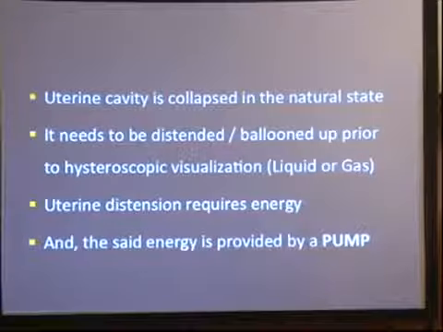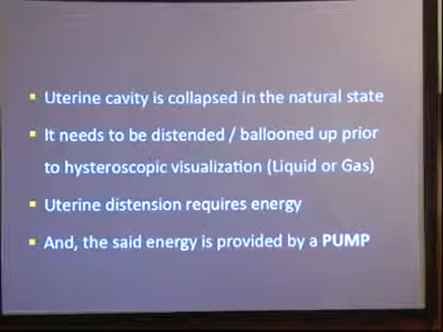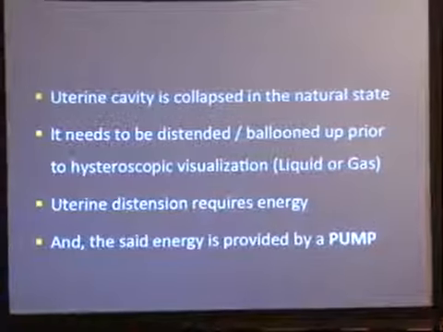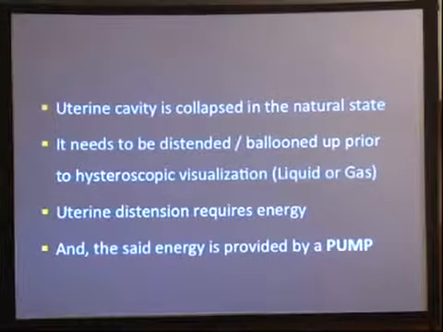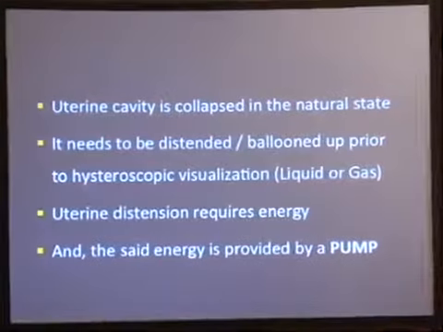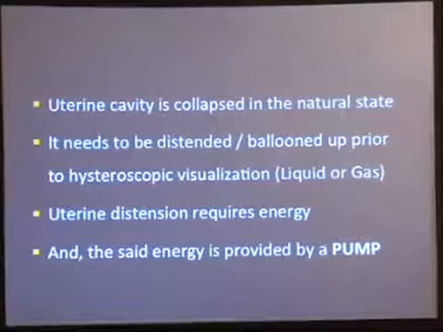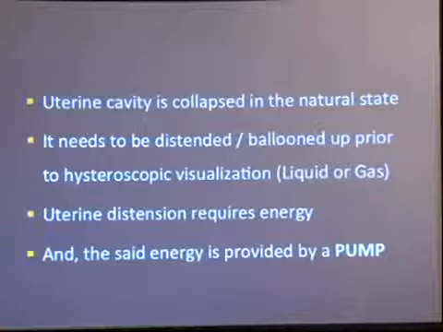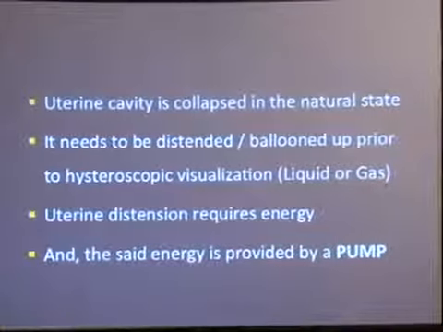Hysteroscopy unit, simply because the uterine cavity is a collapsed cavity. So if you're going to go inside a collapsed cavity, you're not going to get to see just about anything. No landmarks, nothing, just the two walls clamping onto the hysteroscope. So you essentially need to balloon it out in order to see. And how are you going to balloon it out?